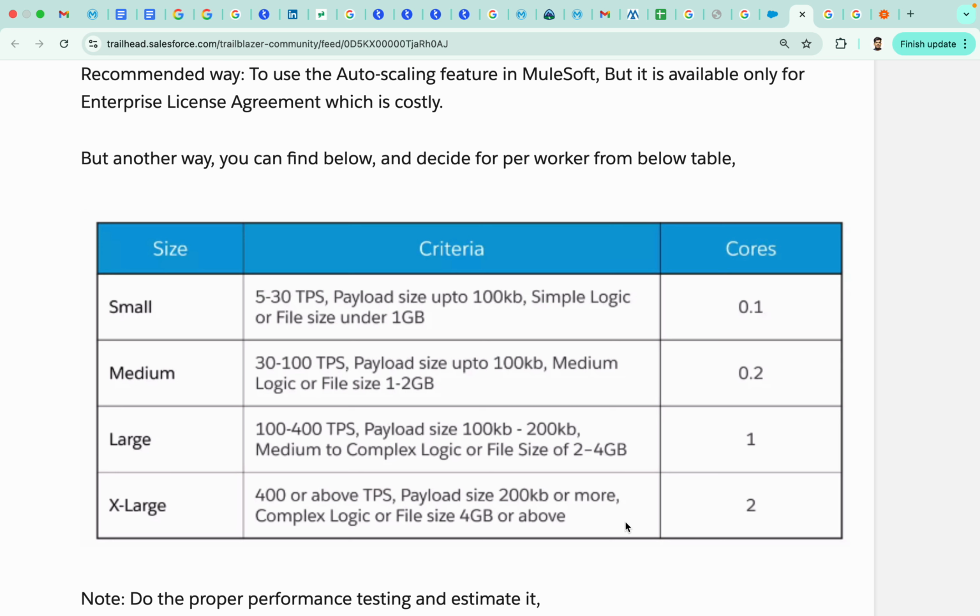Hello everyone, this is your friend Saeed, and today we'll be discussing how we allocate and test it in our local and be sure that our pipeline doesn't break whenever we are deploying applications over CloudHub when we see the OOM error. So basically OOM error means out of memory error, which is very common in terms of MuleSoft vCore allocations. And why it is a very important topic currently is because, come on, like